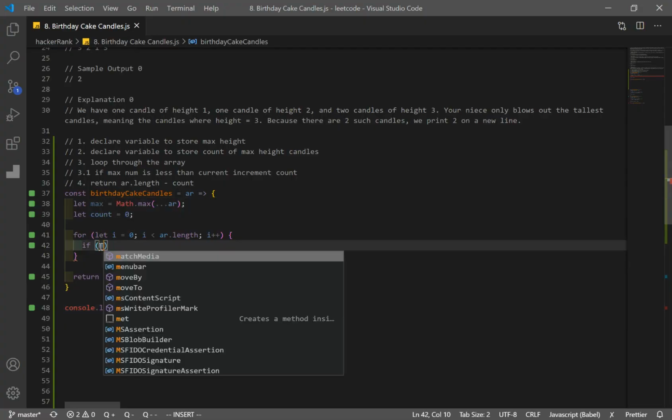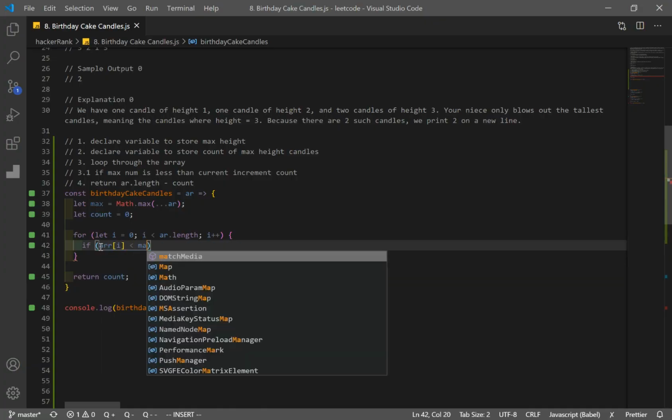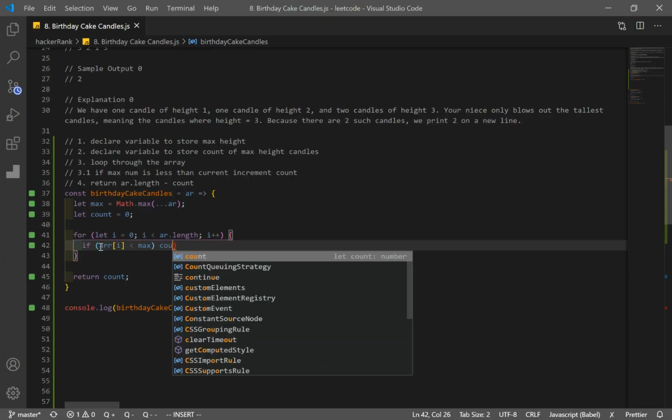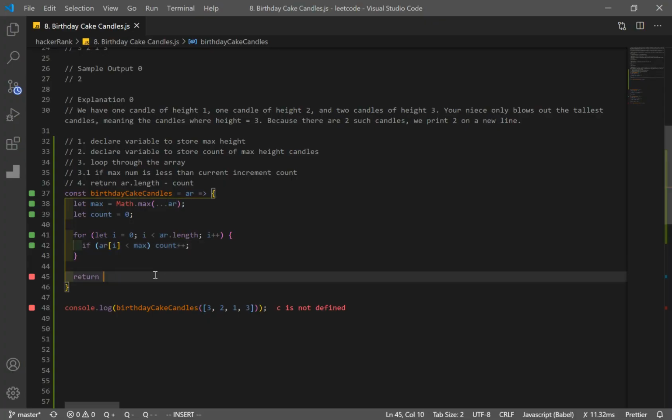So, actually, let's do it this way: if array at index i is less than max, we're going to increase the count by 1. Oh, it should be just 1. Okay, and we don't return the count because, well, for this one it worked out, but it should be array.length